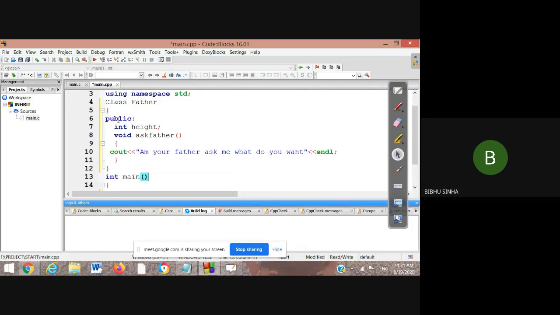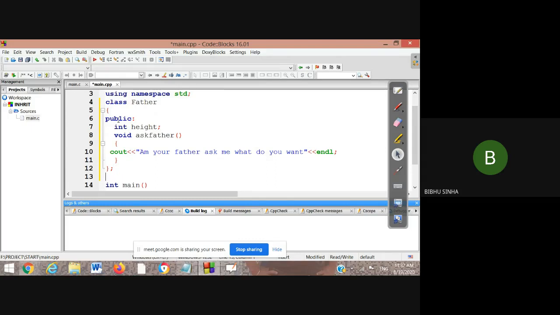So this is my class Father, right? One thing is missing, the class keyword is not written, so we have to write class. Now press enter, and here we have to give the semicolon. Always remember the class closes with a semicolon. This is the second class, Father.